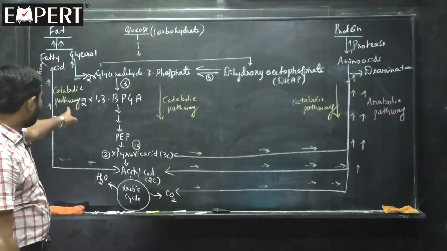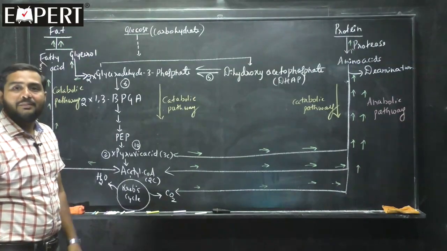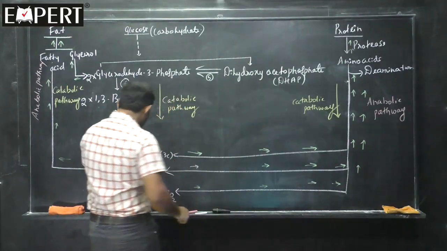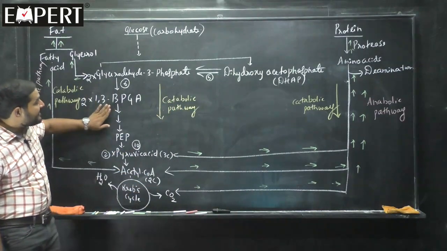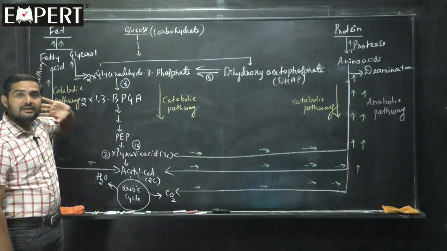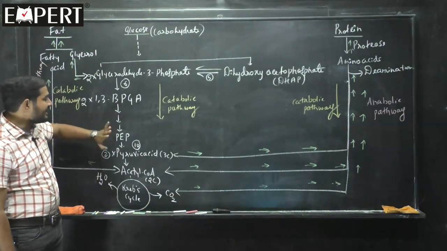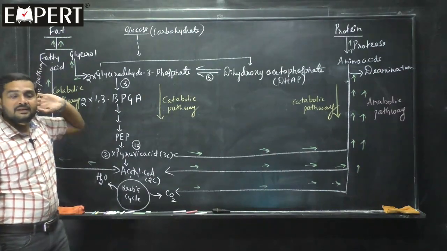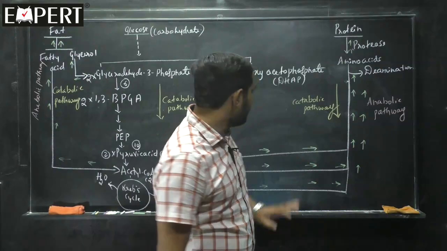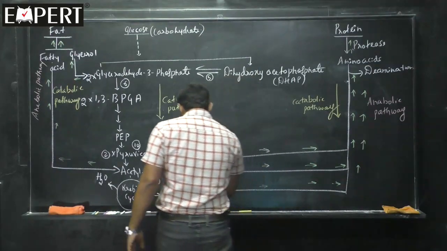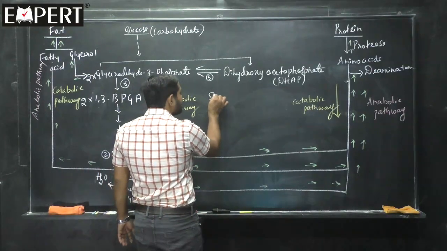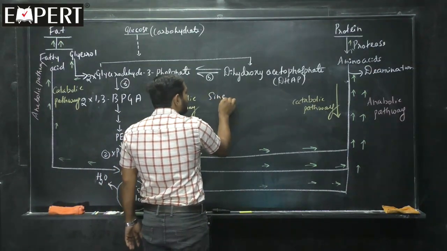Clear? Catabolic pathway, anabolic pathway. Okay. Now, the same thing can happen in the case of carbohydrates also. Clear, students? Carbohydrates also, the same thing can happen. That idea also we have, a little bit of an idea. Okay, fine. So all together if I take it, students, since I will be writing here,